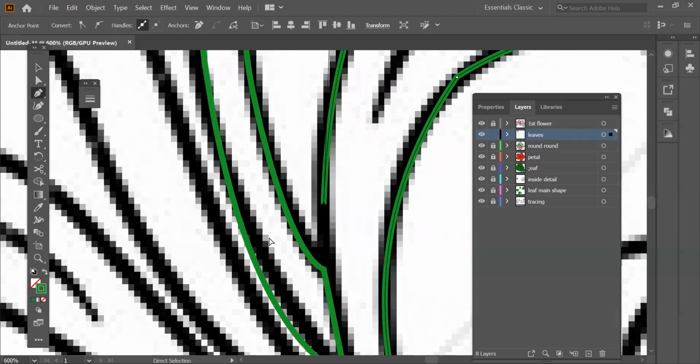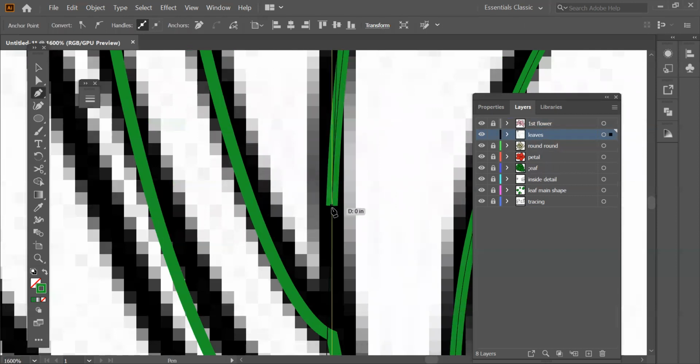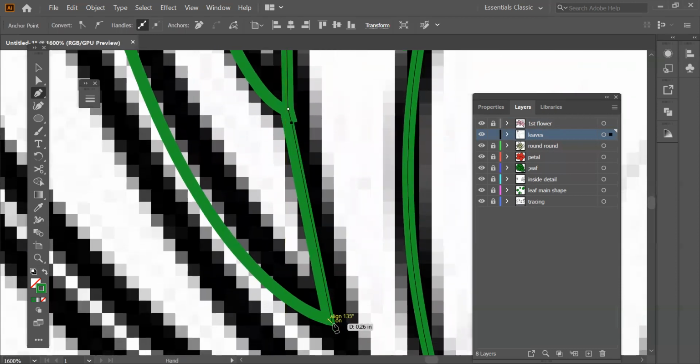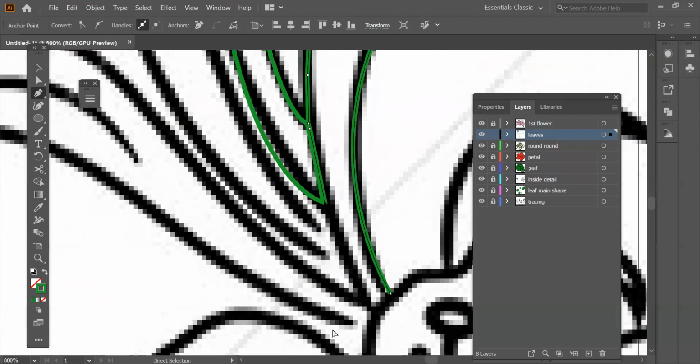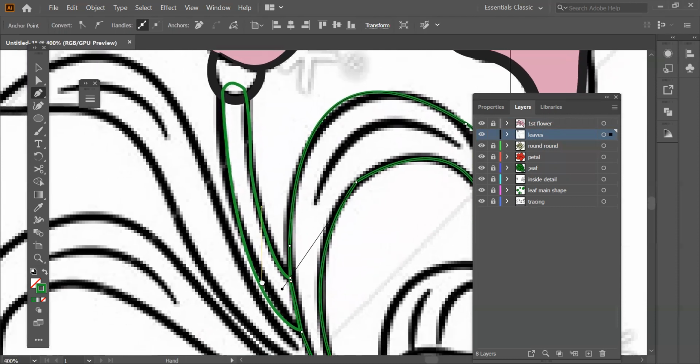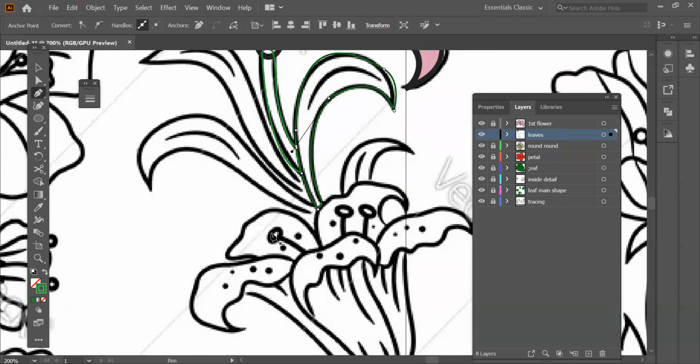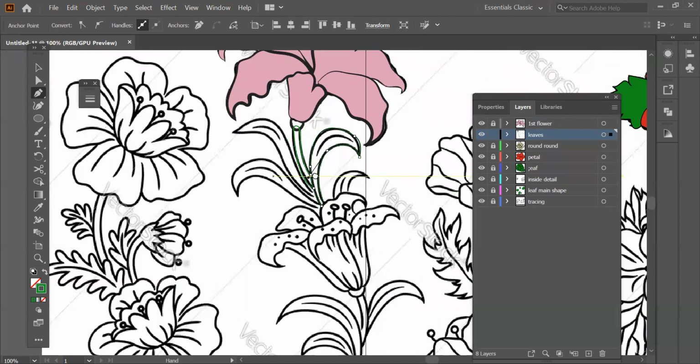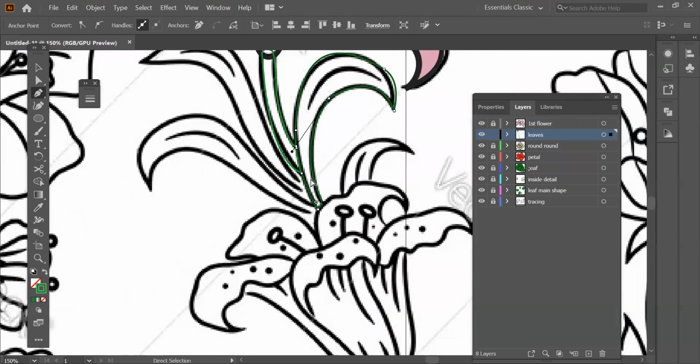Okay, I think I need to zoom in a little bit more because I couldn't see anything. Yes, alt and break it. And we are done. Let's close the shape. And we are done closing this one as well. I'm just trying to draw one flower itself. You do the rest the same way, right?